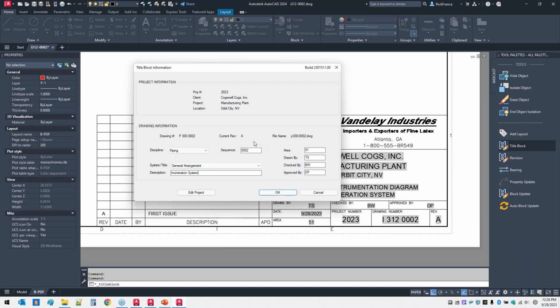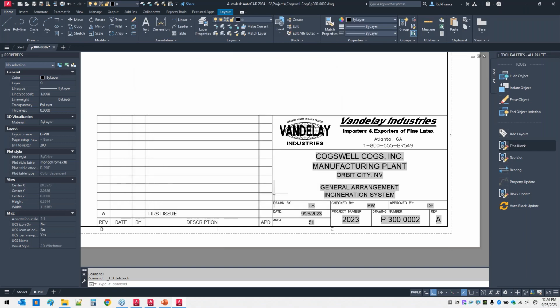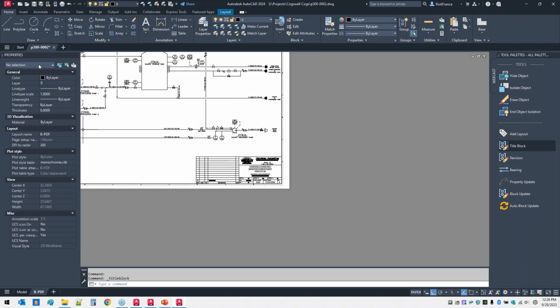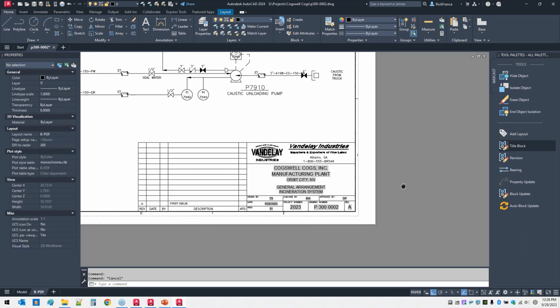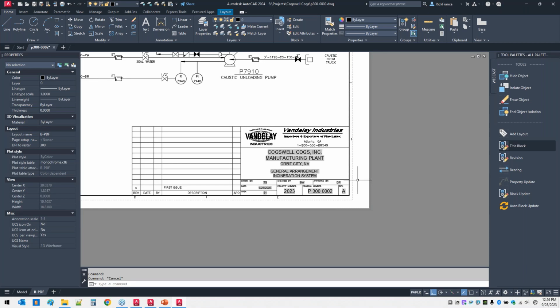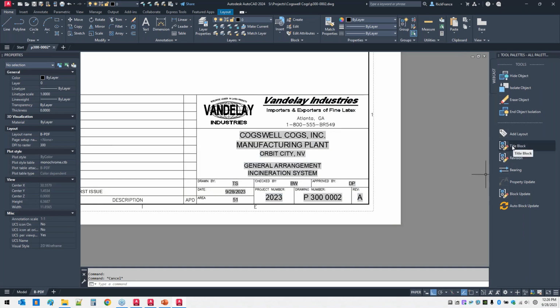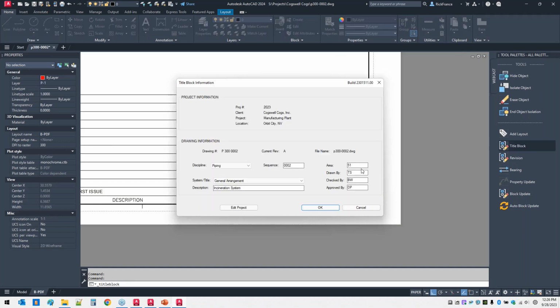I've had people who do this and it'll just automatically take the next sequence number that's available. This one, out of the one I created back then, doesn't do that, but I've seen that, and I can change any information here I want to. But as soon as I hit OK, it's going to create that new drawing. It just created a whole new drawing, and the original drawing was not touched at all. So I can control the file names, I can control all the information that's written in here,